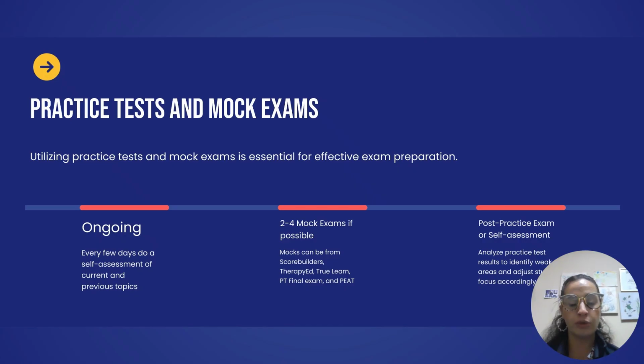The PEAT, which is the Practice Exam and Assessment Tool from the FSBPT, uses retired actual exams that were given to people at some point. It's the best source of the one that you should take right before, because number one, it's made by the same people that make the boards. Number two, they use retired exams, so a lot of the questions are very similar or could be almost the same as the board you're going to take. Not all of them, but there may be some that pop up out there. And number three,